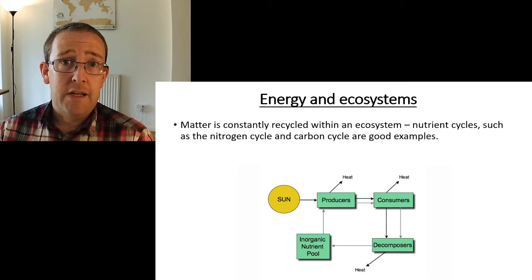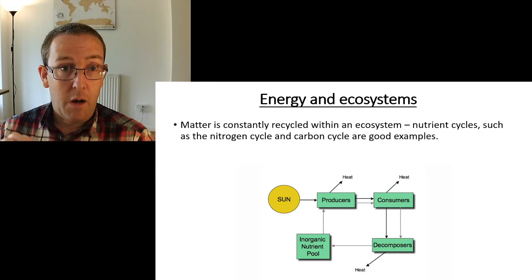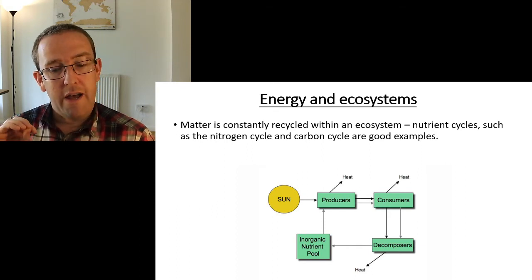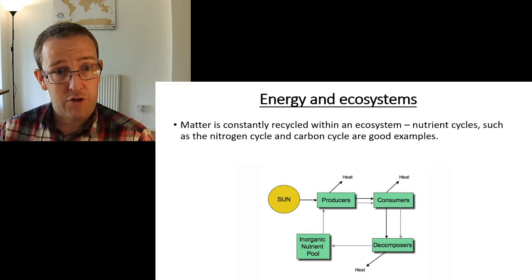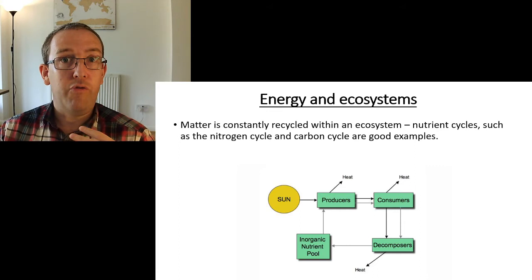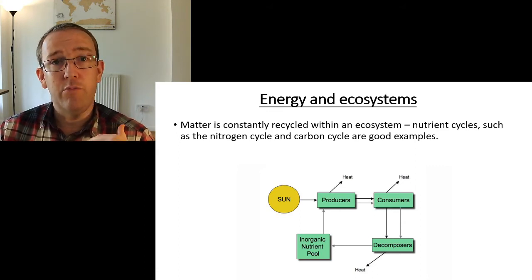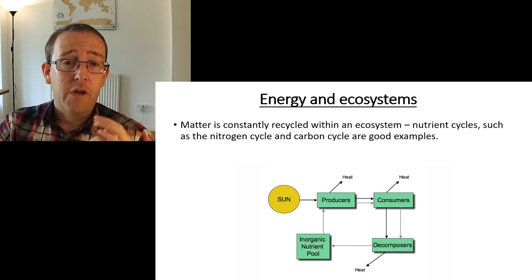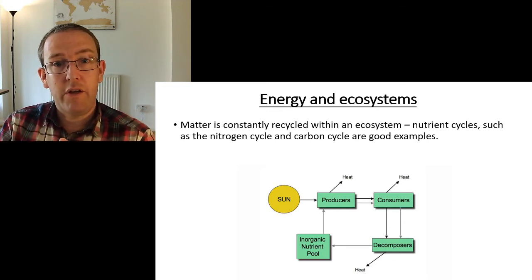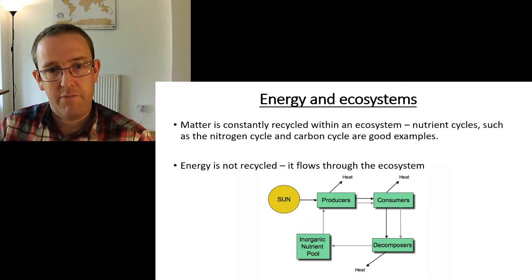So at GCSE you will have done the carbon cycle and the water cycle, and at A level you do the nitrogen cycle and the phosphorus cycle. And again, have a look at the Conservation Conversations videos for real world examples of where humans messing with the nutrient cycles can cause problems, particularly the nitrogen cycle, eutrophication, that kind of stuff. So nitrogen cycle, carbon cycle are really good examples. Matter constantly has to be recycled, and we can push it around from place to place.